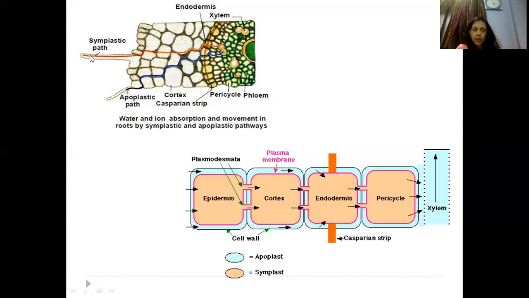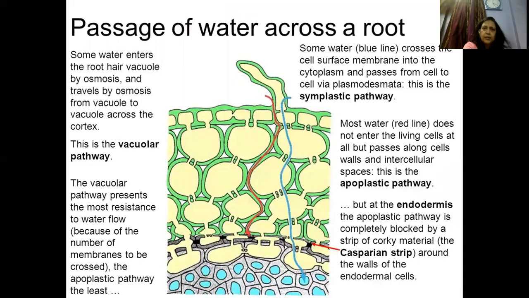And then the water is being transferred. So what is it happening? It is going against the gravity. Clear? So the pathway that we see here, you see the apoplast and the symplast here. In the apoplast, the water moves in between the cells. So here also you will see it is going in between the intercellular space. Whereas in the symplast, it is moving through the cells. Okay. So we go to the next part.